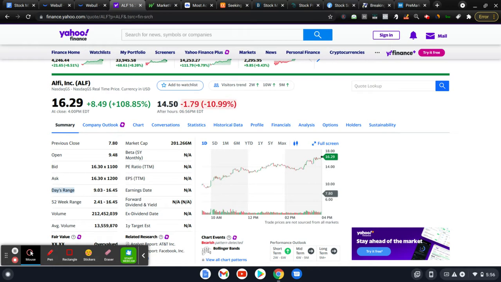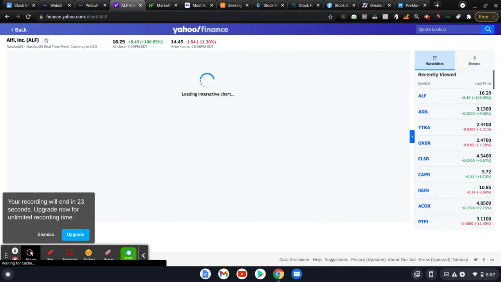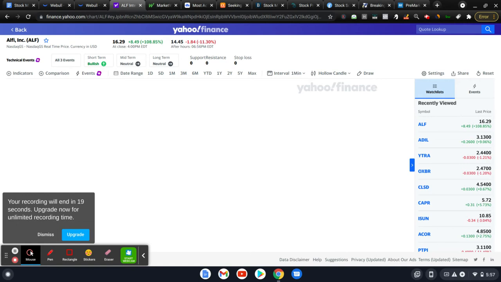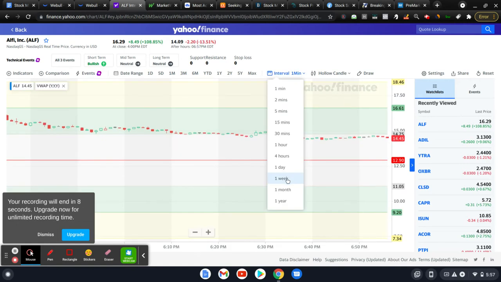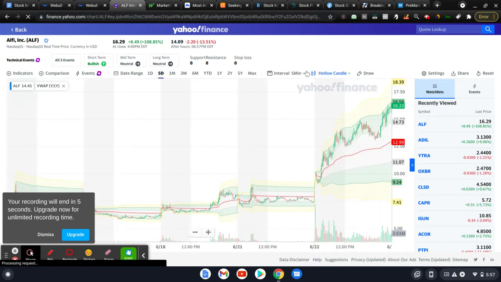So if I'm considering ordering this stock, what I know for a fact is that this stock really goes down, almost down to $9. But you might be wondering, is that for the day or not? So I will look at the 5 day range. As an example, I will go here, look at the full screen, and I will ask myself the question, will it go down as low as $9? So that's the question that I asked myself. What you will want to do is make sure that you are viewing the correct view. So I set it to 5 days, and then you will